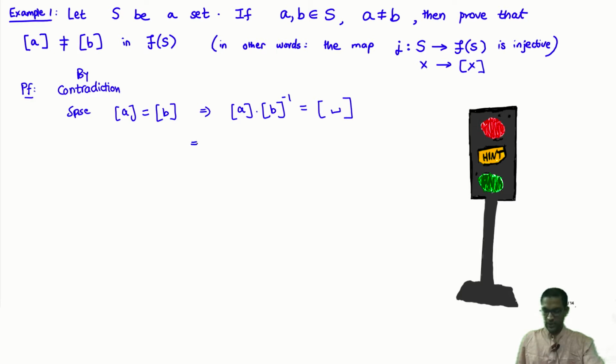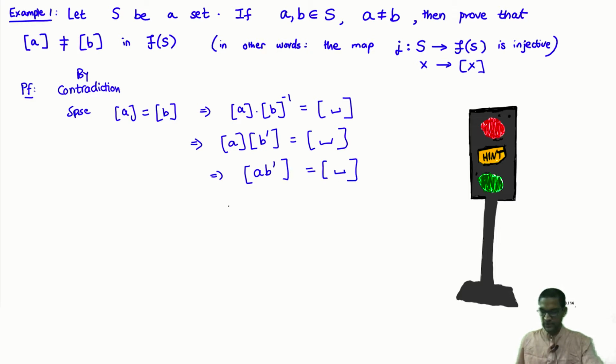Now what does that mean? Well, if you recall what the inverse of B was, this is just B prime. So this is the identity, and now this concatenation, the product of A with B prime, is just the concatenation, which is the word AB prime, is the identity. So the final thing that you really need to do is to derive a contradiction from this fact. So what do we finally conclude? That AB prime is equivalent under that rewriting rules equivalence relation to the empty word. This is what it means for the equivalence classes of A and B to be equal to each other.